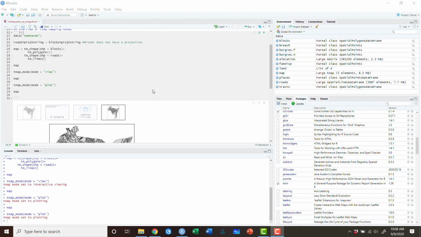Hello everyone, and welcome back to another tmap tutorial in R. In this video, I want to begin talking about actually constructing tmaps. If you remember in our previous video, we talked about the two different mapping modes for interactive and static. In this video, I want to start to break down tmap in terms of how we actually go about constructing